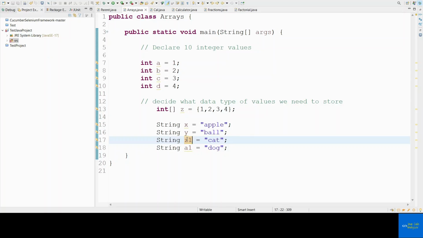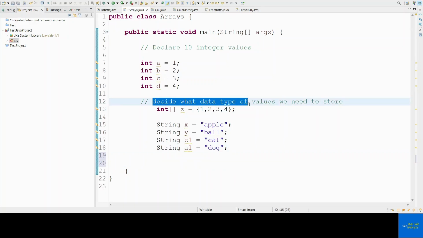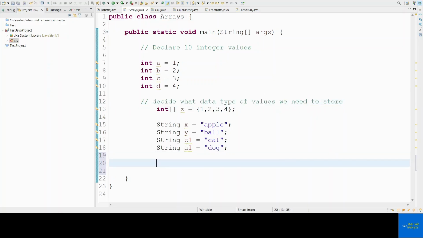Now we need to convert this into an array. How to convert? First thing, we have to decide what type of values we need to store. In our case now, string values. So what I will do, I will write the data type. Now if it is a normal variable, I will declare it like this. But if I am trying to declare it as an array, I have to give these open close braces. And I have to give one variable. Let me give it as h is equals to, and we need to include